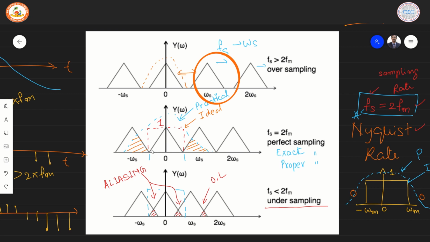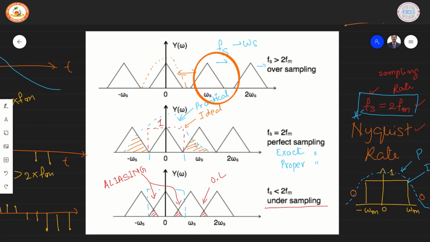Now if you try to extract only the original component using a filter, the filter here has a very stiff requirement. It should be like an ideal filter. We know the response for an ideal low pass filter is almost vertical, and getting a response like this is highly impractical. A practical filter would actually have a more tapered response, so it is going to reduce slowly rather than fall suddenly,